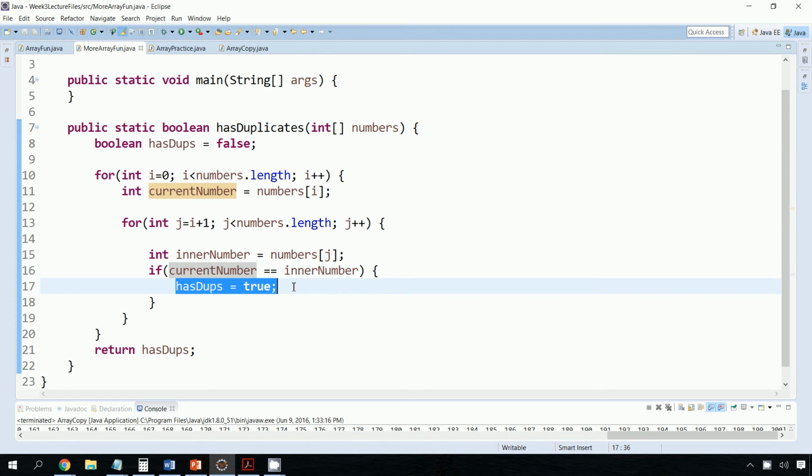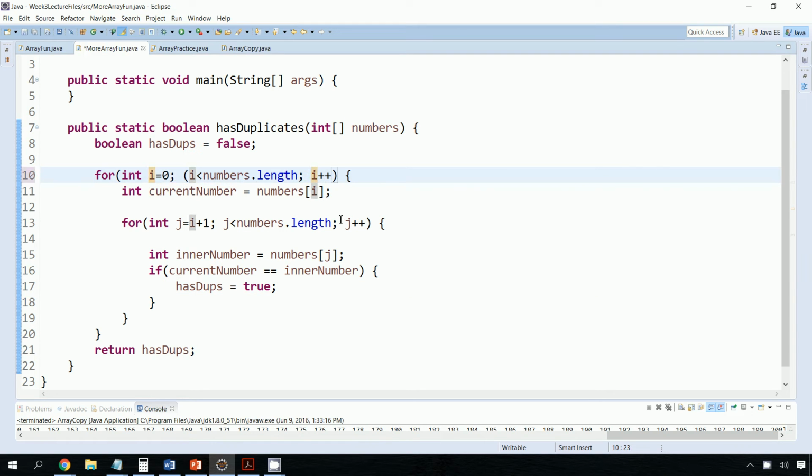Because essentially, once I find a duplicate anywhere I am, I want to stop. I can exit my loops, right? I can stop looking because as long as there's one duplicate, I'm done. I can just return true. So I can add a second condition to my loop here, and I can say, well, as long as I is within range and we don't have any dupes, that means keep going. Same thing on the inner. As long as we haven't found any duplicates,